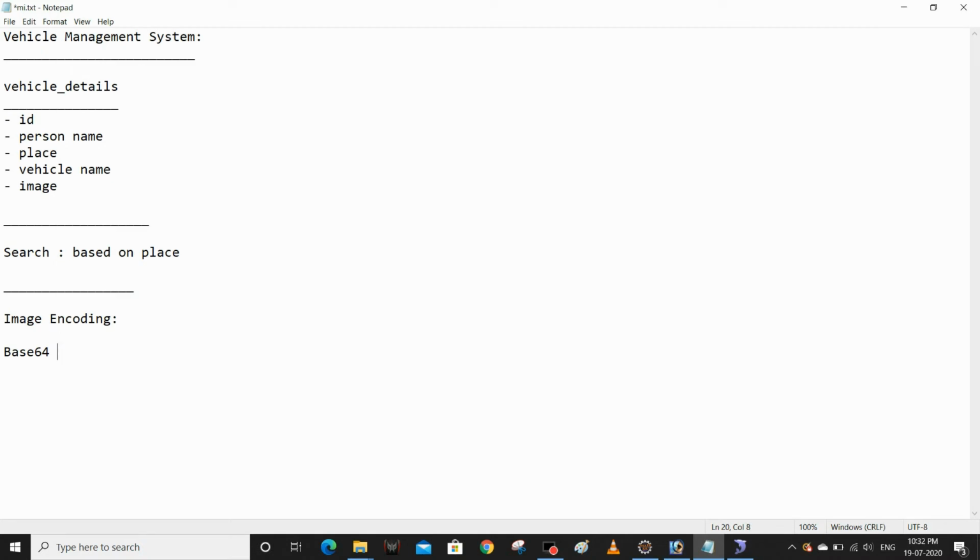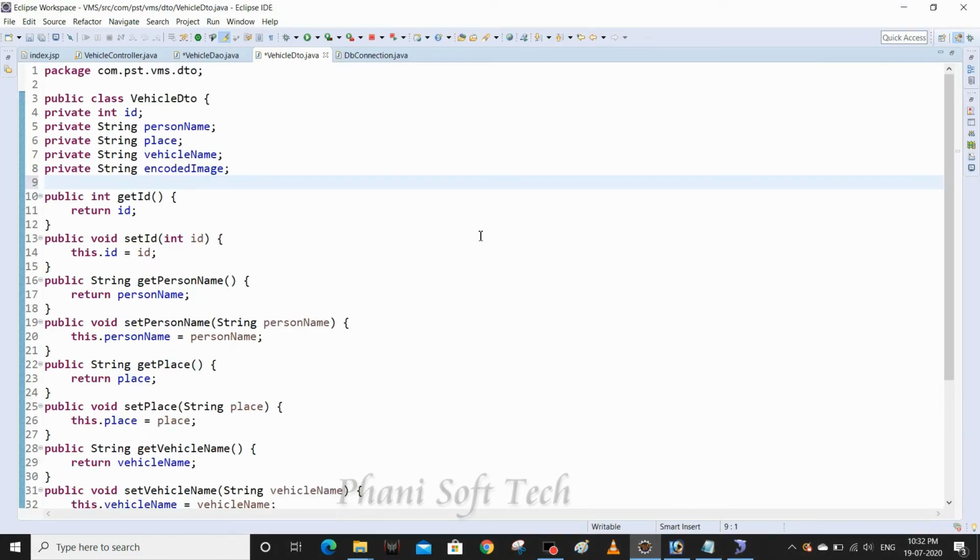By using this we can convert a byte array to string format. If we do this conversion, there is no need to use any downloaded servlet as in the previous video. See how simple it will be. You will see how to achieve this mechanism by using encoded format.